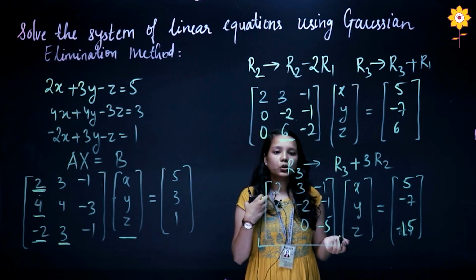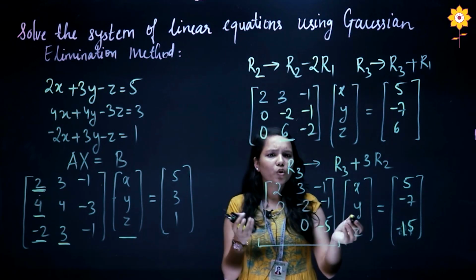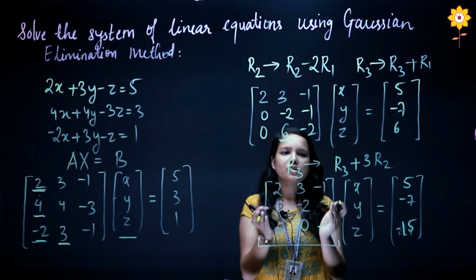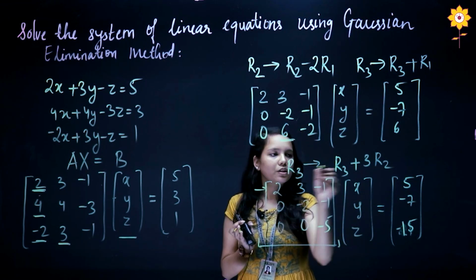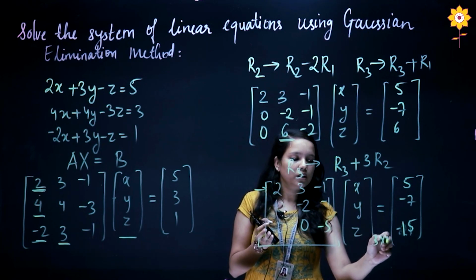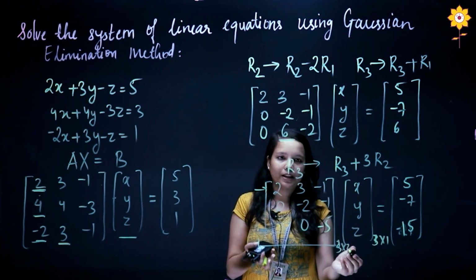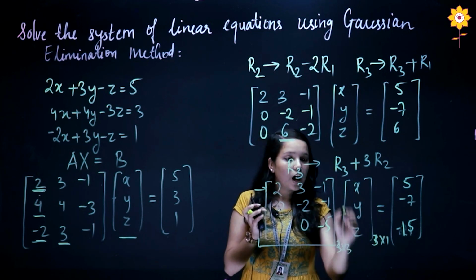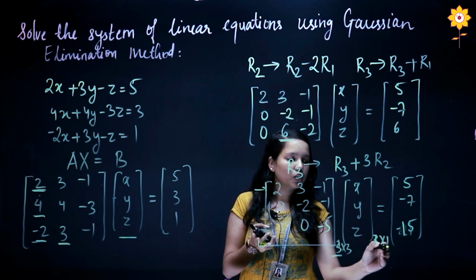Okay. Now what we need to do is form the product. Everyone knows how to multiply a matrix. We multiply the first row with the first column, the second row with it, and so on. Since it is 3 cross 1 and this is 3 cross 3, we can multiply it, and after multiplication I will get 3 cross 1.